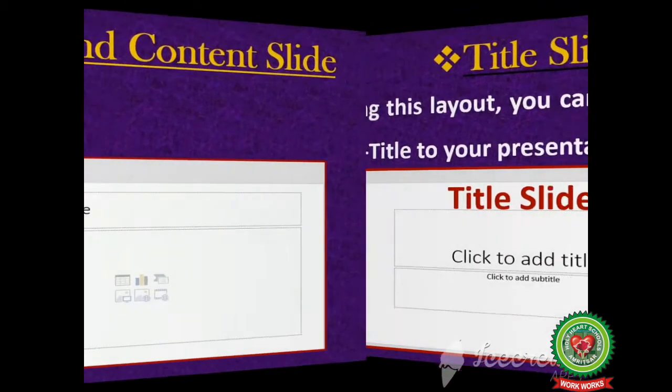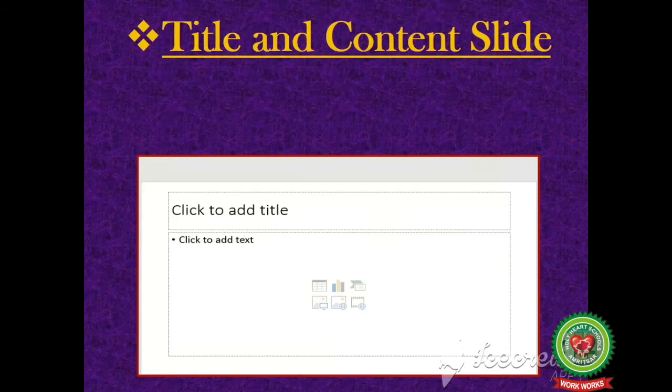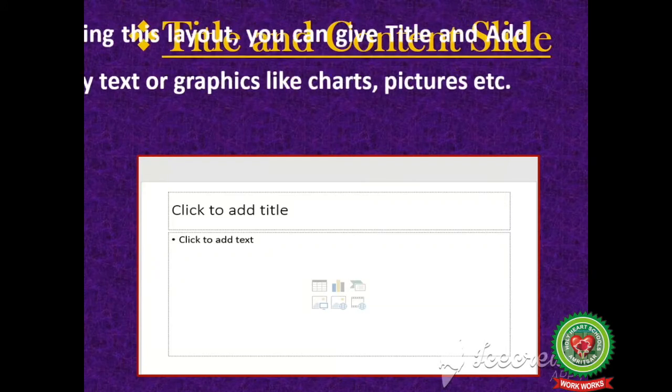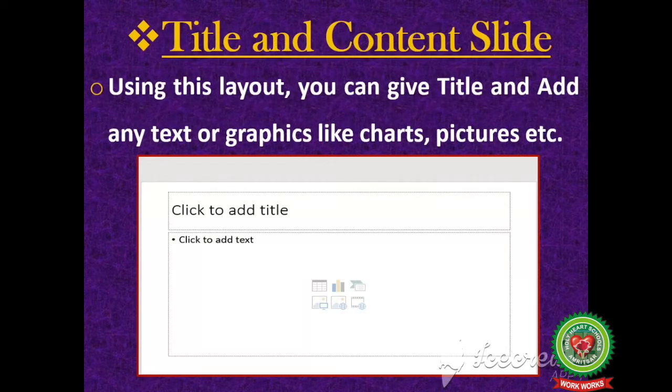The second layout is title and content slide. In this layout, you can give the title in the first placeholder and add any text or graphics in the second placeholder by clicking on these small icons.